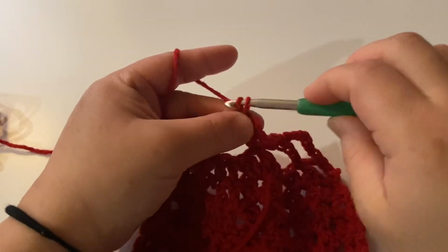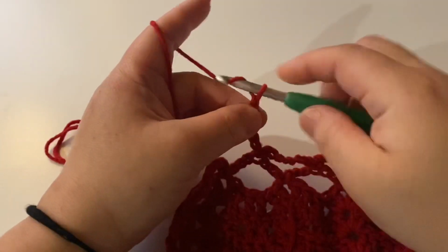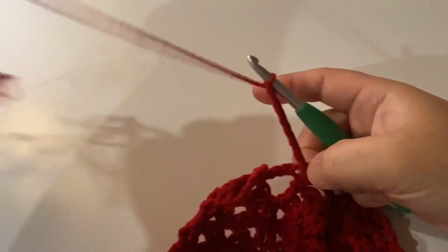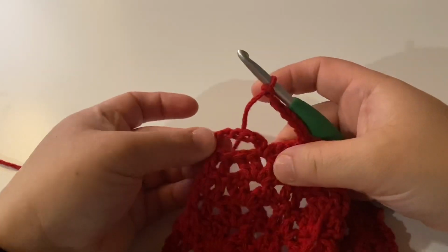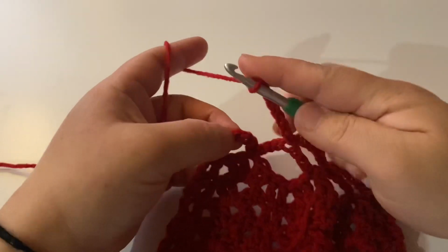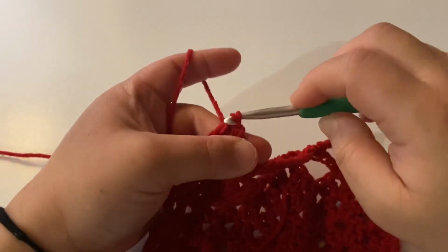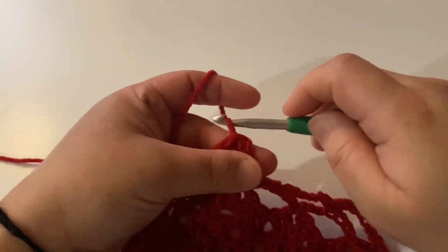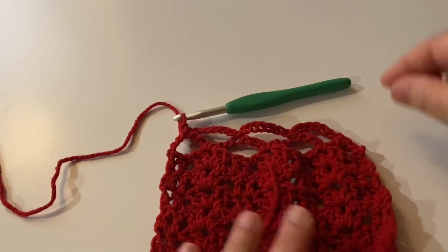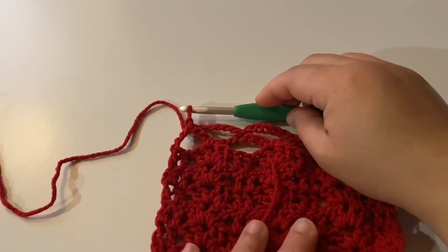Chain 7. 1, 2, 3, 4, 5, 6, and 7. And find your next chain 7, and then the 4th chain on the top, you want to make a slip stitch. So this is what it should look like so far. So now you want to turn your work,